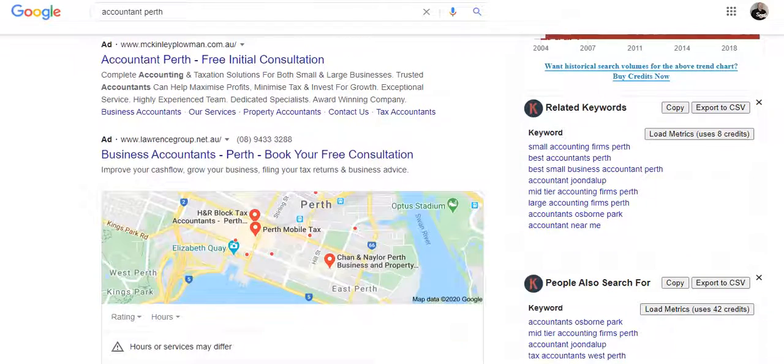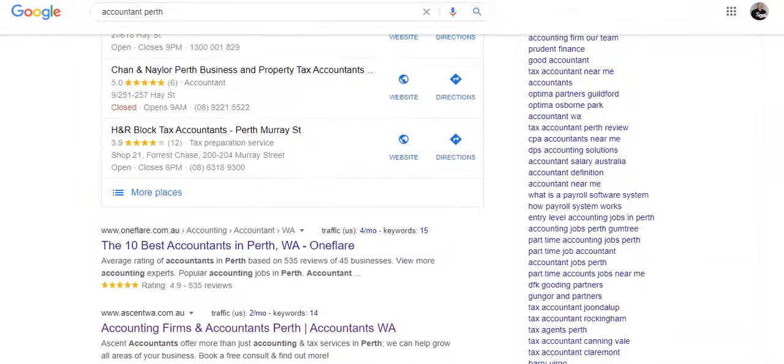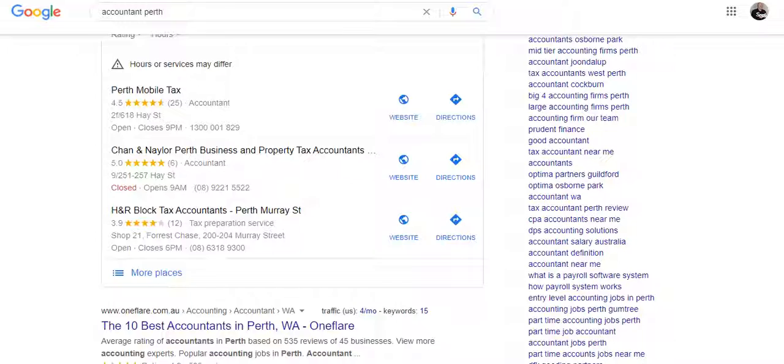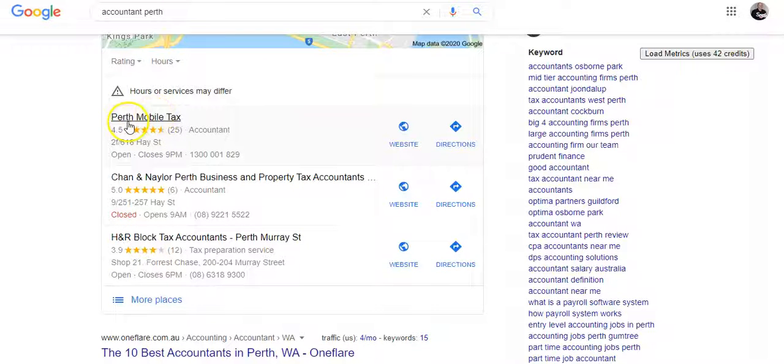Okay, so these people have obviously paid to be there, and these ones here, like Perth Mobile Tax, have obviously got more citations than H&R Block in Perth Murray Street. So he's got his name, address, and phone number just more times on the internet in directories than this actual business or this actual business.